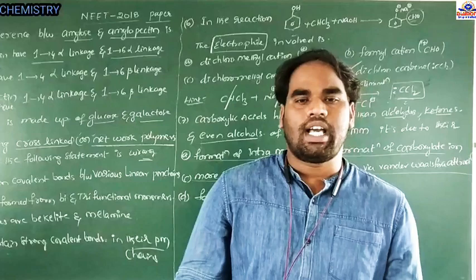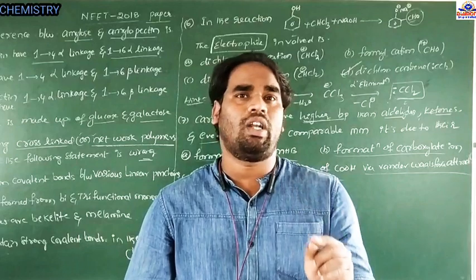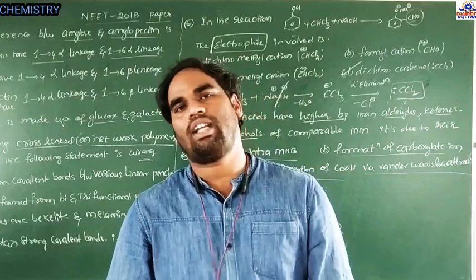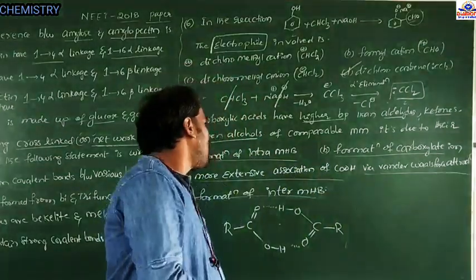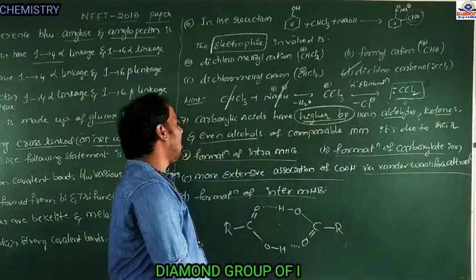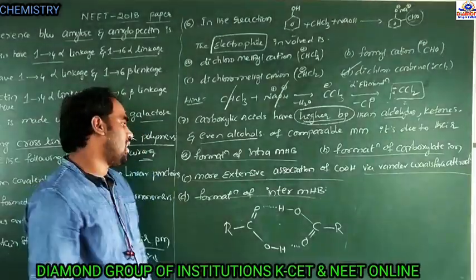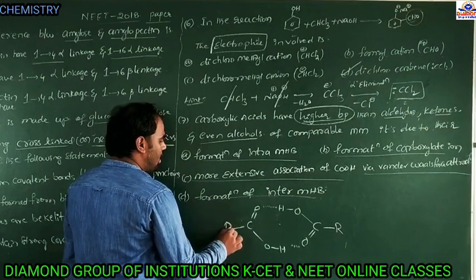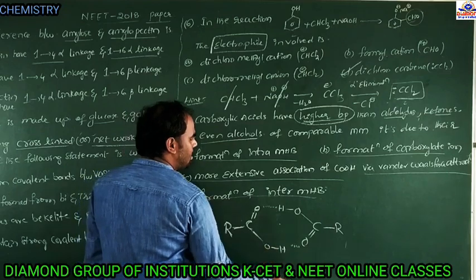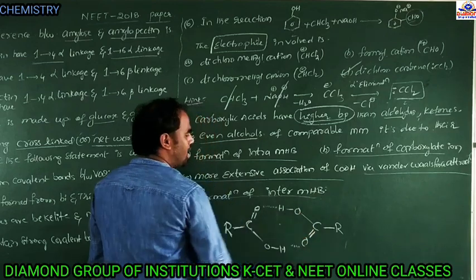So here the question is, a carboxylic acid has a high boiling point when compared with the same molecular mass of aldehyde, ketone, and alcohol also. So why do carboxylic acids have higher boiling points when compared with aldehydes, ketones and alcohols of comparable molecular mass? What is the reason? Once you observe, this is the carboxylic acid, R C double bond O OH.